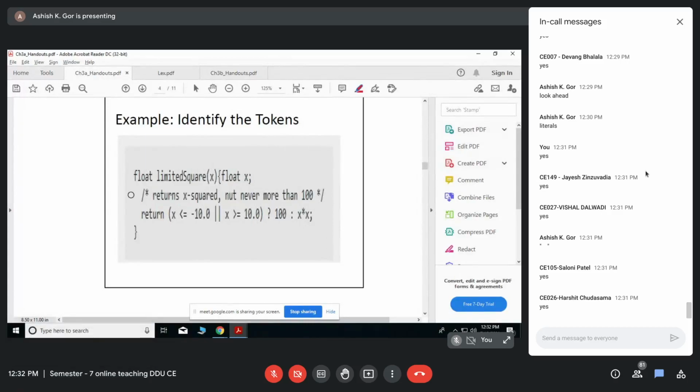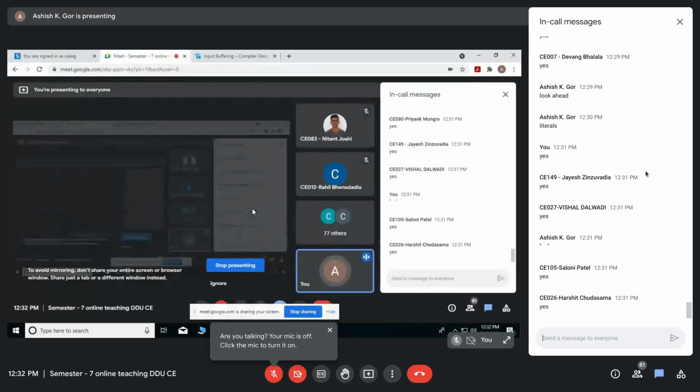This is a comment, which is extracted and removed by the lexical analyzer phase of the compiler, and this is a keyword return, and this is some expression, and these braces and everything are there. Remember, these are called punctuation marks, right? Braces and punctuation marks like semicolon and colon. So how many tokens are there?